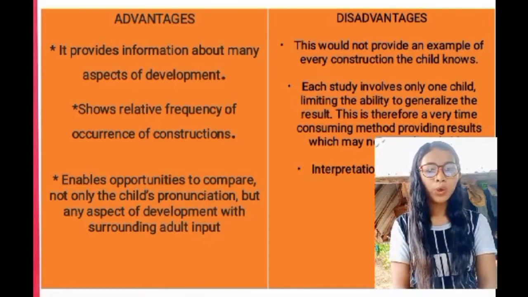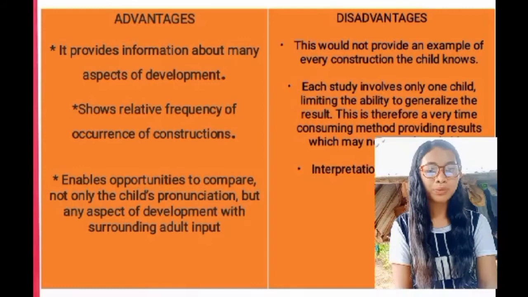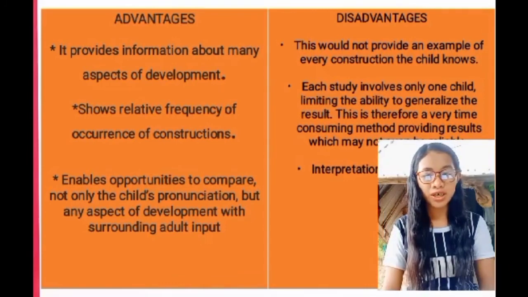So next, number 2, it shows relative frequency of occurrence of constructions. So relative frequency can be defined as the number of times an event occurs divided by the total number of events occurring in a given scenario. So, like in learning language processes, all people have individually different processes of learning one language regardless of age. There are shy children and very communicative adults. And number 3 is it enables opportunities to compare not only the child's pronunciations but any aspects of development